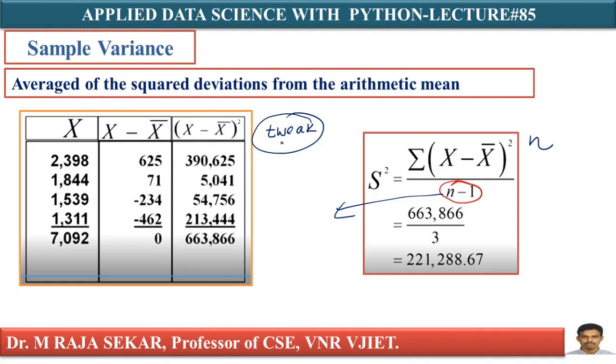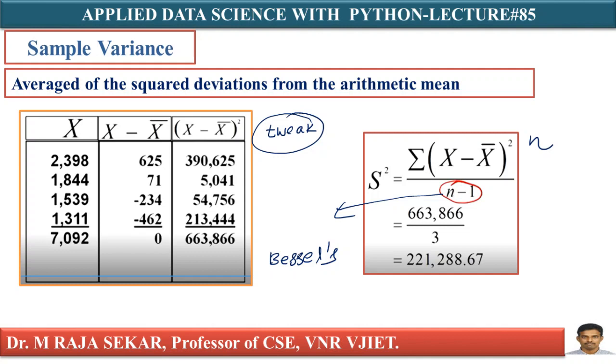Let me repeat. Now it's a common practice to tweak your denominator a little bit to use n minus 1 rather than n, which is the size of the data. This improves our estimate of the variance, and this tweak or this correction is called Bessel's correction. You must understand this correction. Just remember, this correction is known as Bessel's correction. When we talk of descriptive statistics, the most common set of statistics to represent any set of numbers is typically mean and variance.